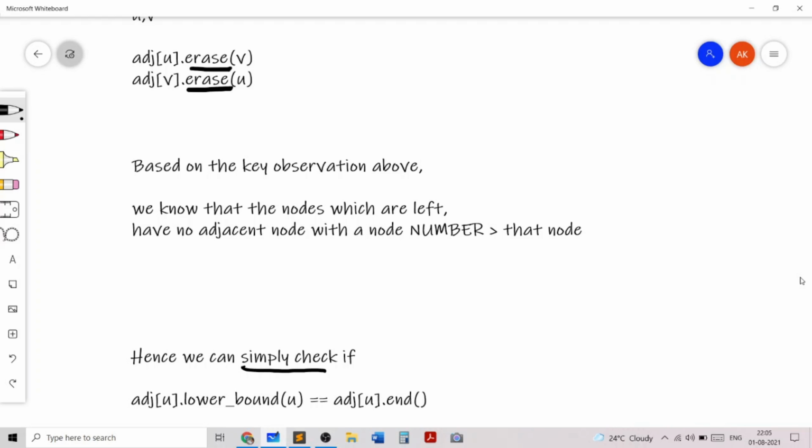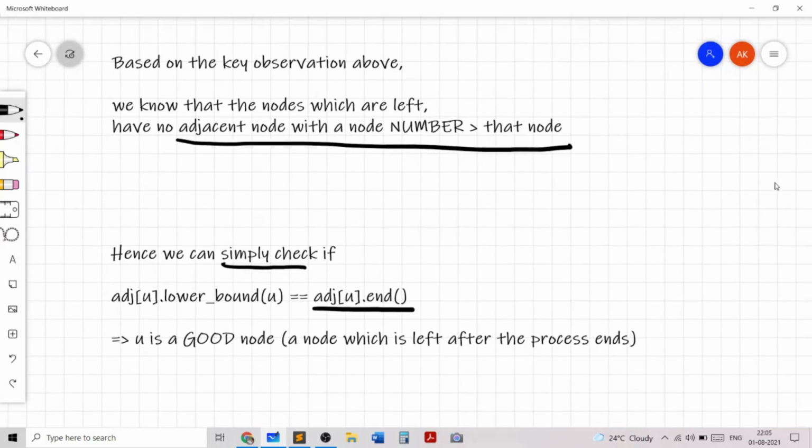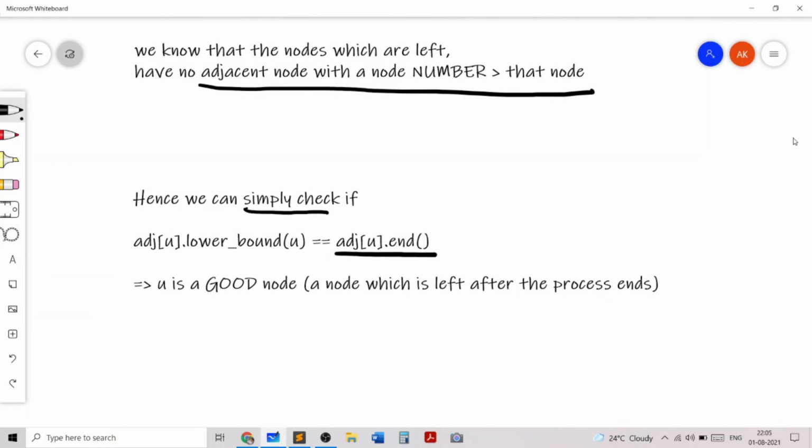So if this is actually equal to adjacency list of u dot end, this means that this condition is met. There is no adjacent node with a node number greater than that node, and hence u is a good node, which is a node that is left after the process ends. And this is all that we need to do.